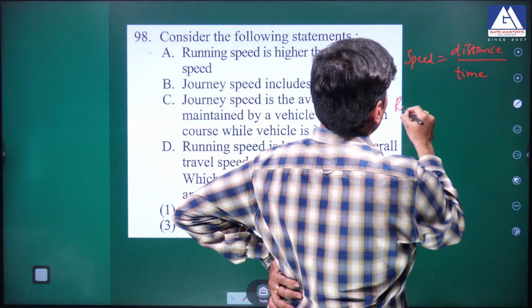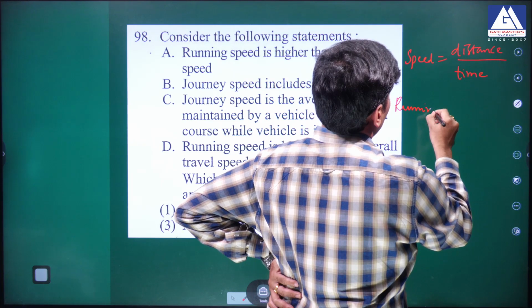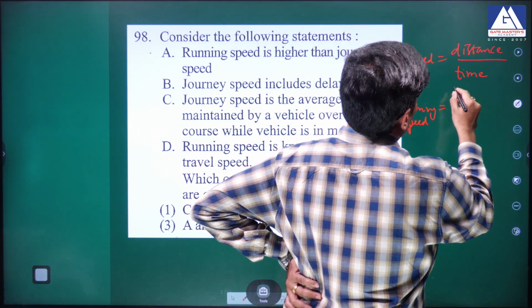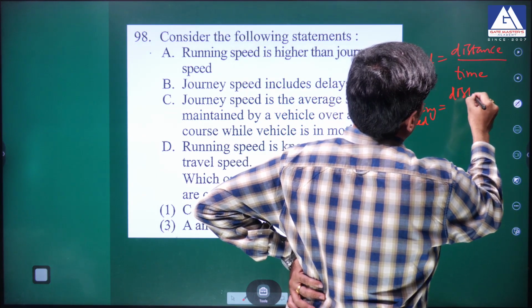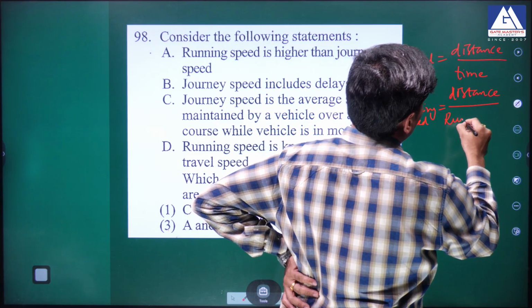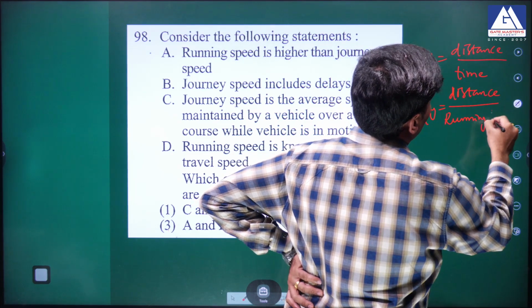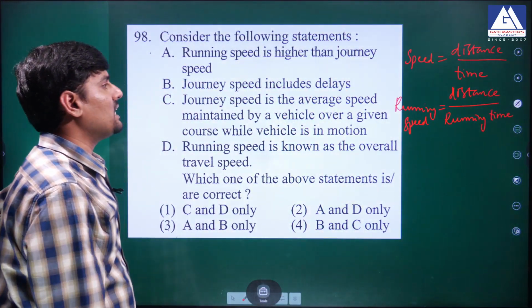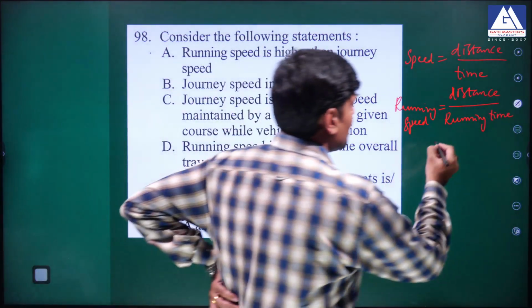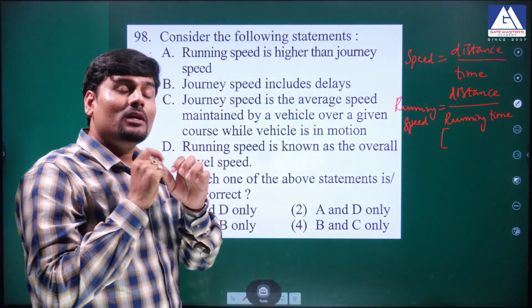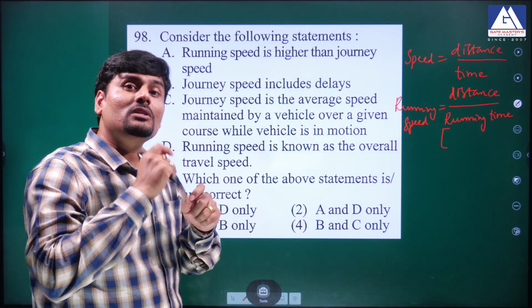But running speed definition is distance by running time. Here the time is not the whole time that has been spent in the journey. So distance by running time. Running time means the time measured during the running of the wheels only,